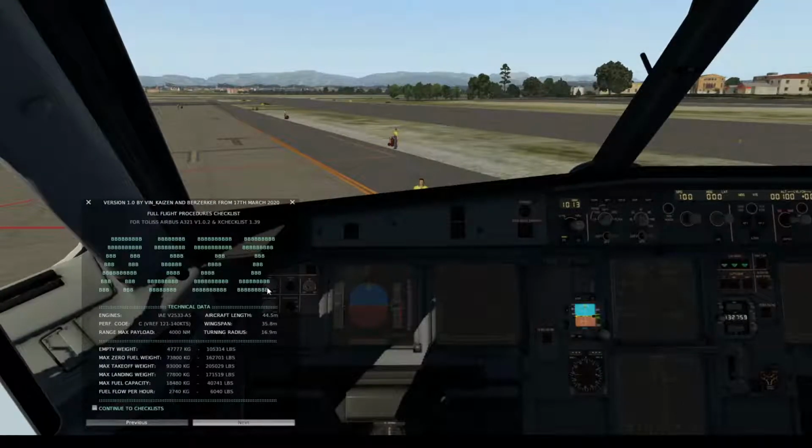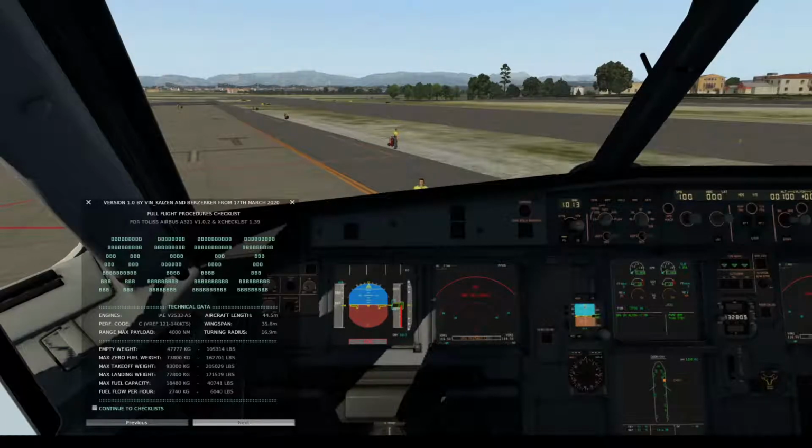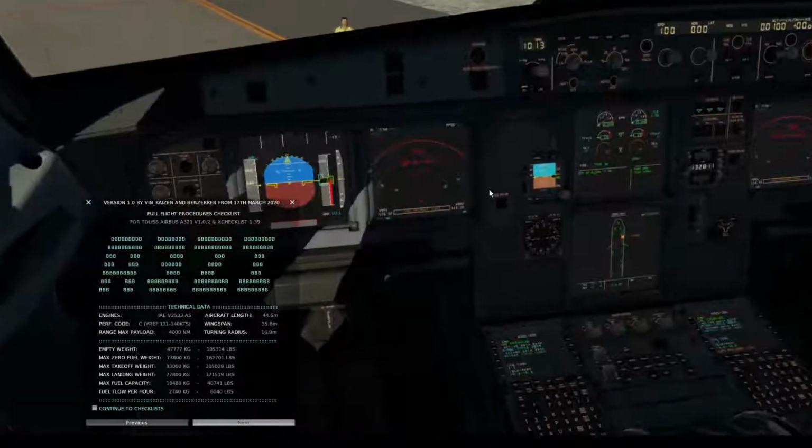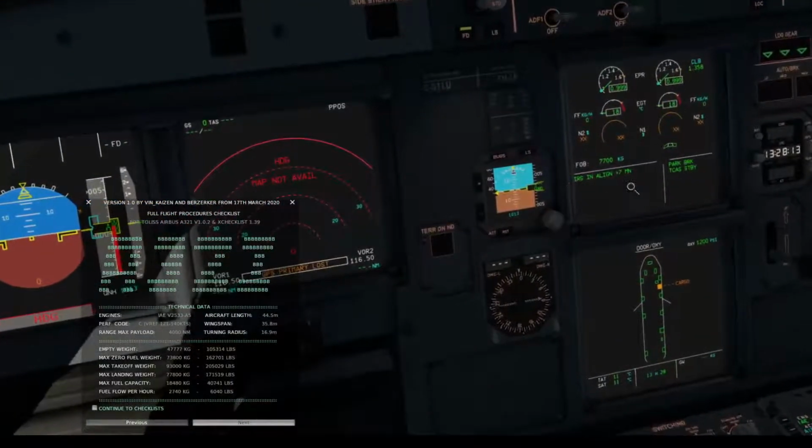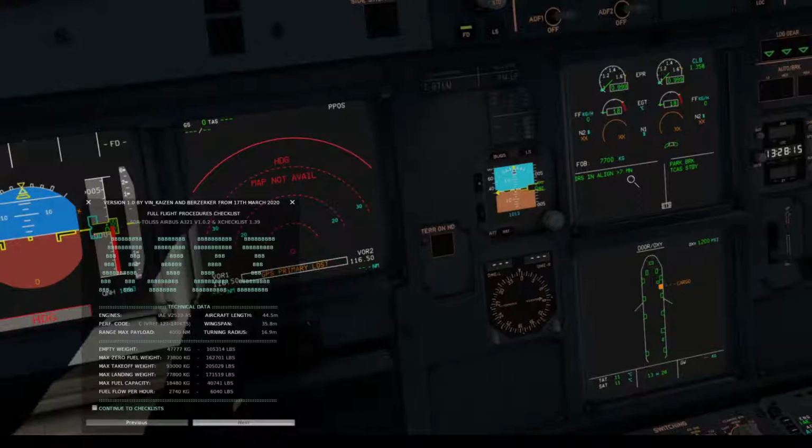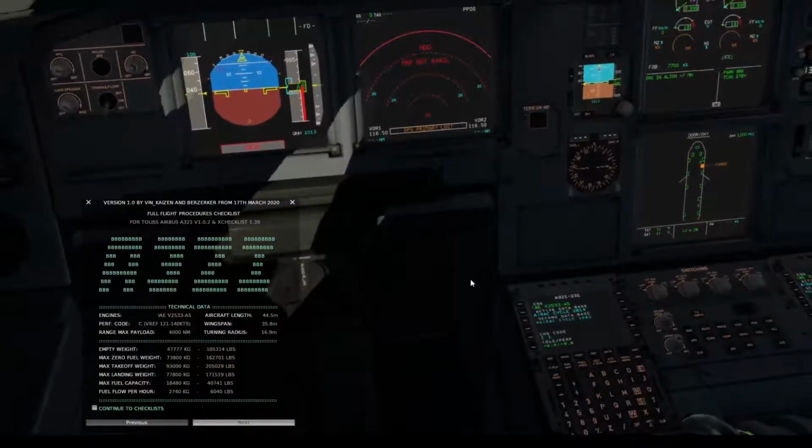Now normally you'd crank up the brightness for all of these displays manually. I'm going to use a shortcut for this. Done. So you can see the IRS alignment is going to take a little bit, 7 minutes. And